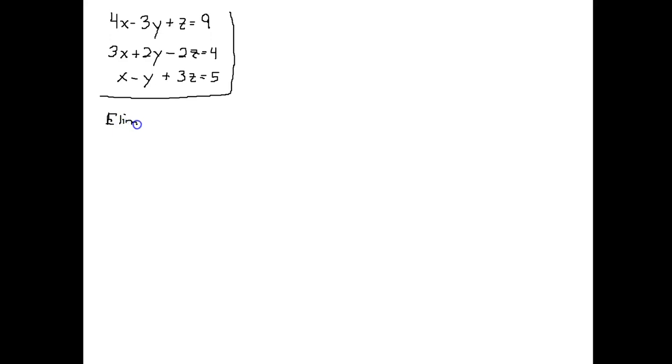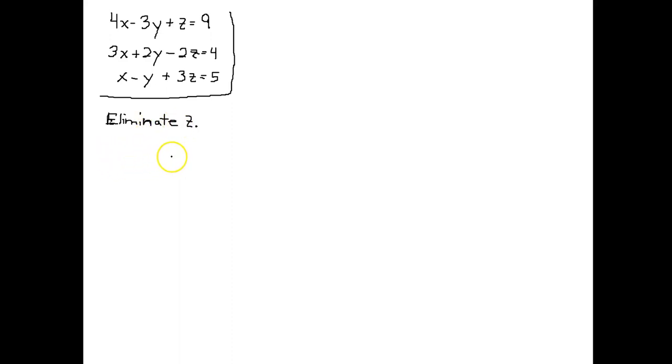I mean, you could pick any of them to eliminate. It's totally up to you. Whatever you find easiest, or if you have a vendetta against a particular variable, feel free to eliminate it first. Not sure why anybody would have anything personal against an x, y, or z, but hey. You might want to pick x in case maybe you had a rocky dating relationship. You want to eliminate your ex. I don't know. But anyways,